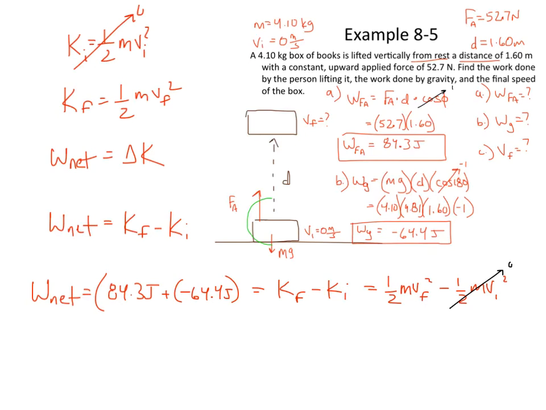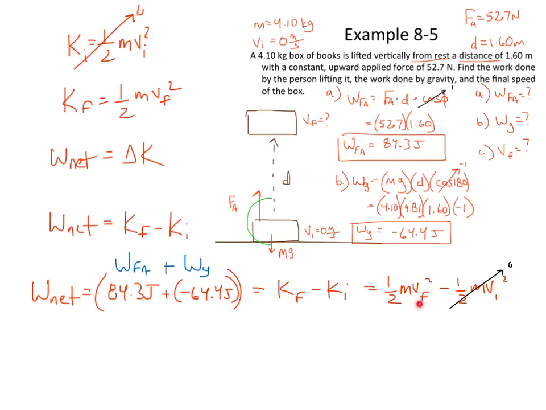You know what? I broke one of my own rules. I started plugging numbers in right here. Well, what I really should have written in was the work done by the applied force plus the work done by gravity, which of course is minus. I don't like plugging in numbers too soon, but I did already right there. So what is our total net work that is being done right here? Well, we have 84.3 minus 64.4, and that's going to be our net work. But what we want to do before we do that